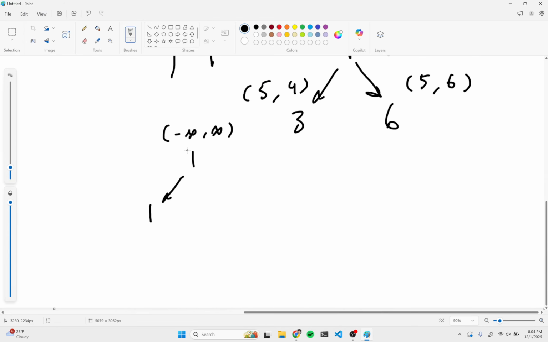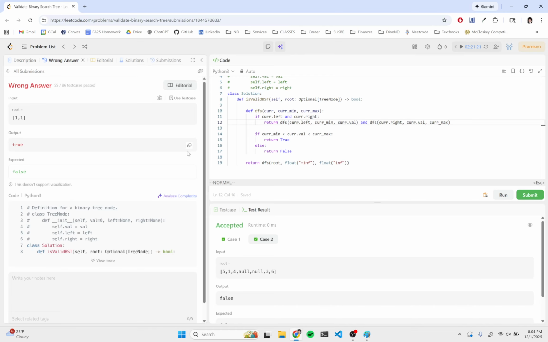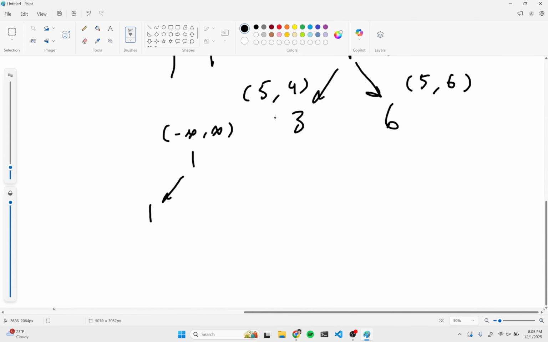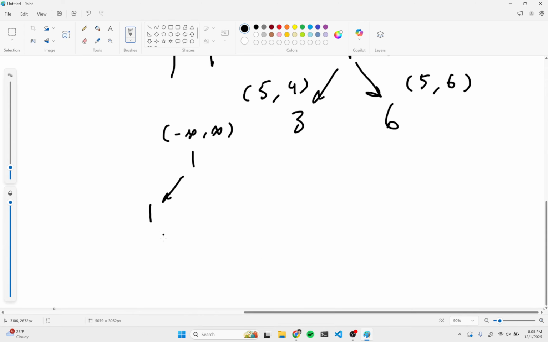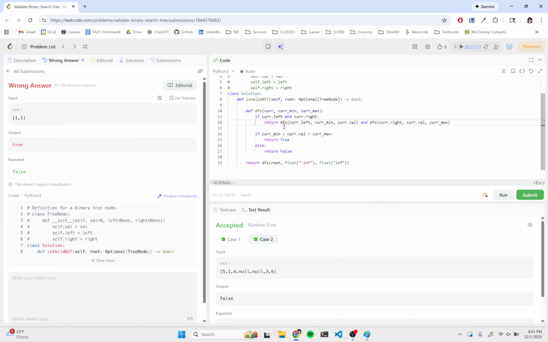But immediately I try and return this, which goes here. It doesn't have both children, so it goes here. And then it just returns true, even though it's not true because these two are equal values. Because I didn't set the